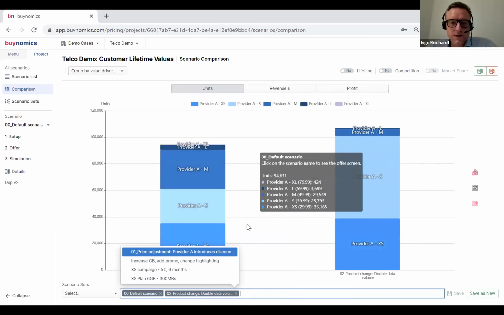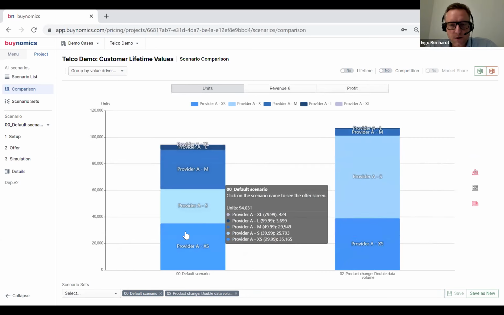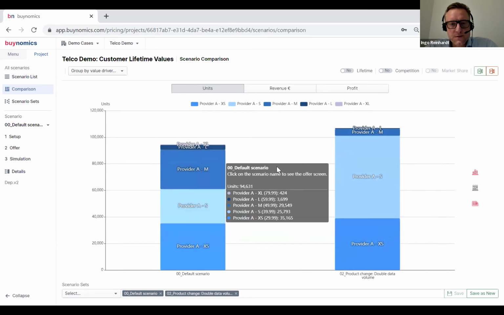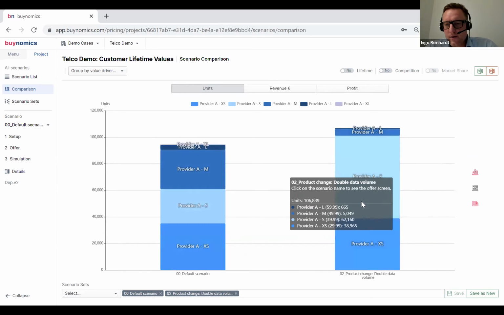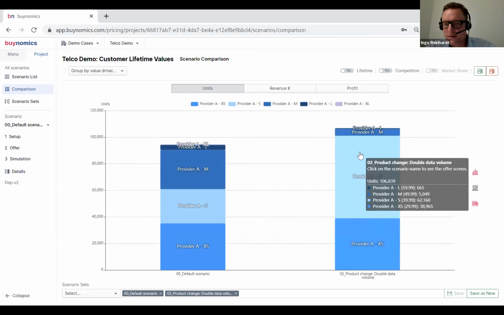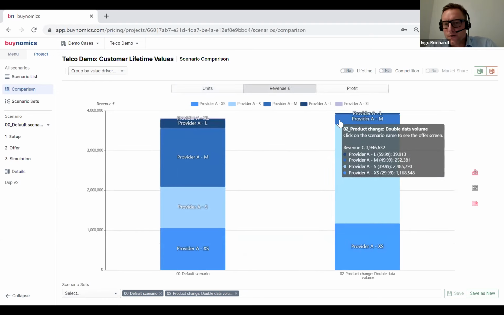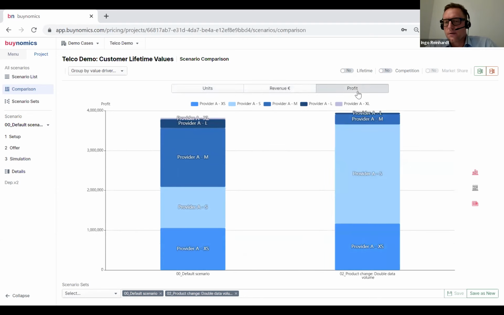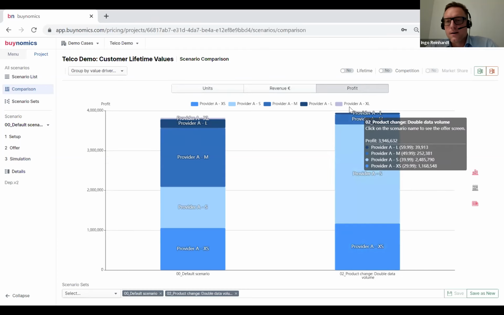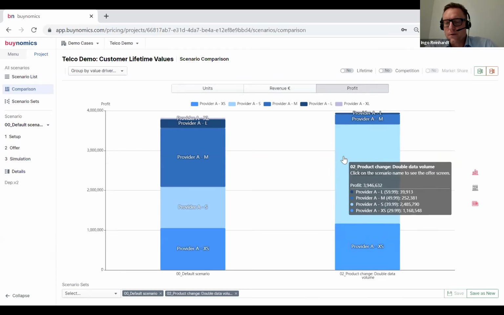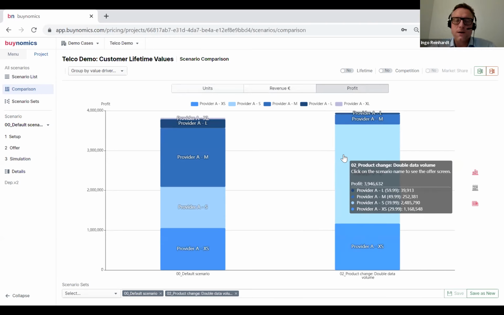But what you would see is that a lot of the people who previously went for the M plan would now stick with the S plan, which has a much higher data volume as before. And also you win a certain number of customers. The actual revenue increase is not that high. And as we didn't do here, but if you have costs, there's a good chance that your profitability is going down if you double your data volume. So these are things you can look at very, very quickly with a tool like this.